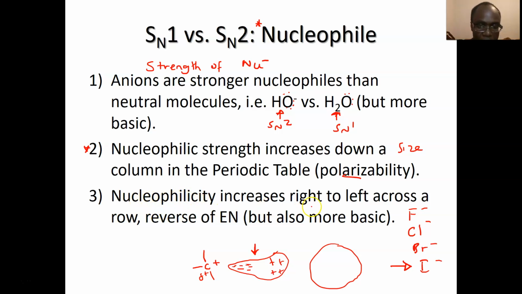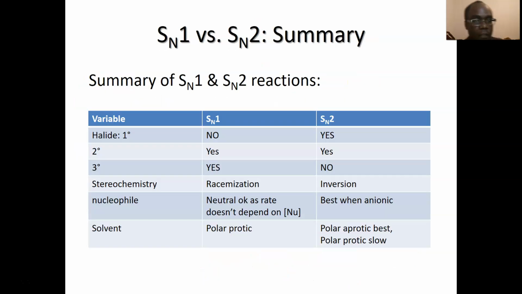So nucleophilicity also increases from right to left of a row. So if you have C, N, O, F, one would say that F minus should be a better nucleophile than C minus. But it's not always the case. Some of the periods don't obey this rule number 3. Rule number 3 is vague, and I wouldn't vouch for it. The most important ones are rules 1 and 2. Okay, so in summary,